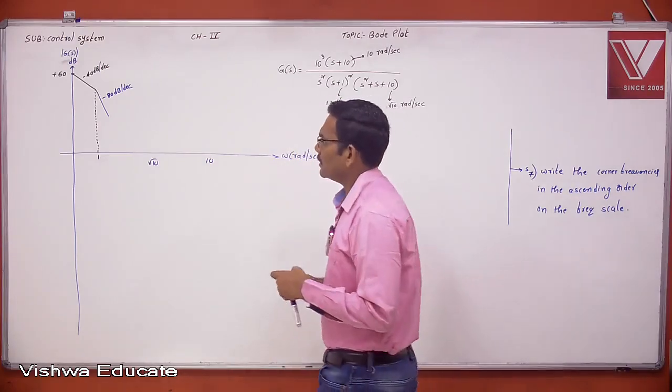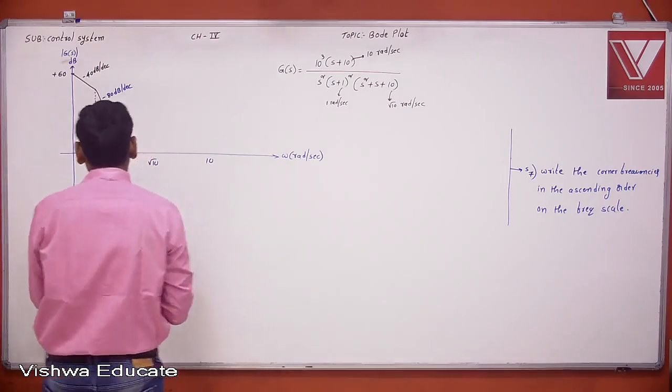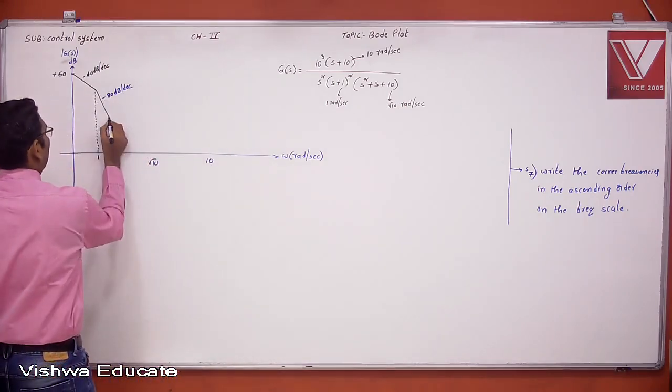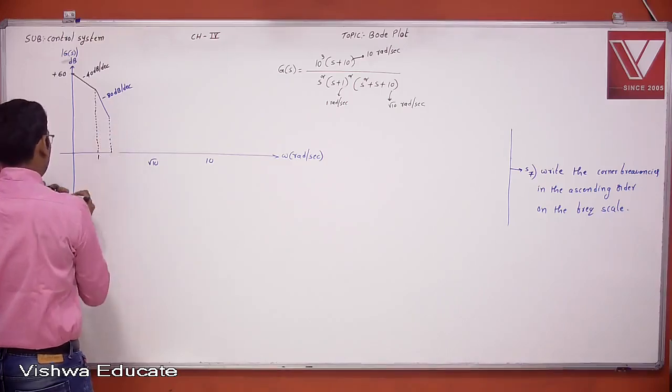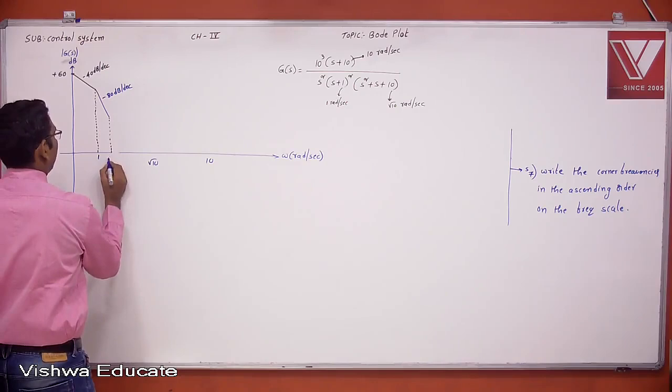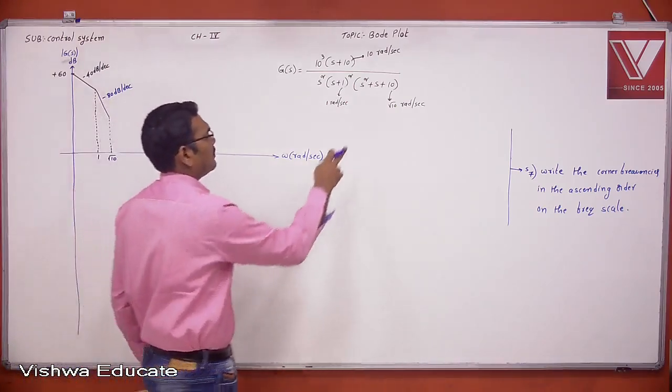Understand or not? Yes. Now this is minus 80 dB per decade. This minus 80 dB per decade is up to the next corner frequency. Now the next corner frequency is root 10 radians per second. Now at root 10 radians per second,